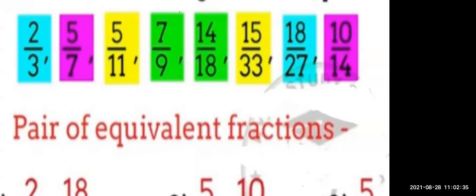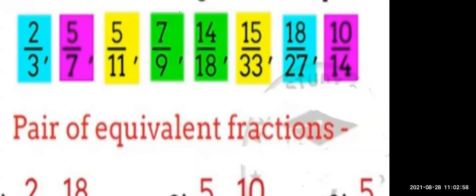4 जोड़ी बनेंगे because there are total 8, means 1 plus 1. So there will be how many pairs? There will be 4 pairs. Now we'll see first that is 2 upon 3. Now 2 upon 3 का जोड़ी कौन सा है वो हमको ढूंढना है. हमको find out करना है 2 upon 3 का pair कौन सा है. So we'll start doing first part that is 2 upon 3.